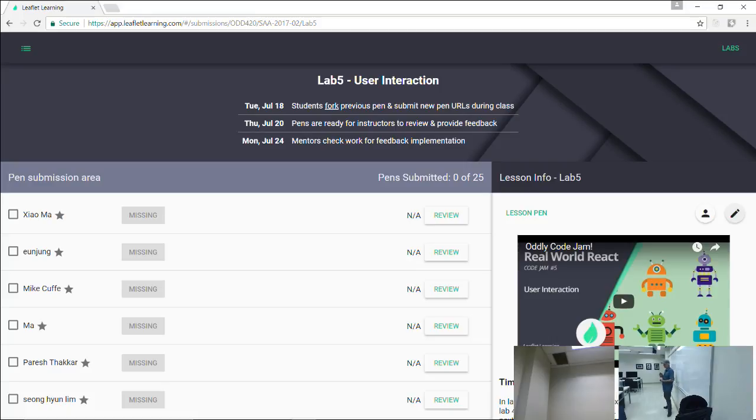So today we're going to work on the other side of things, which is how do you get the information into Firebase? We've seen how to get it out. We haven't seen how to put it in yet. So this is going to take us into user interaction. How do we create things that people can actually work with? So here's what I'm thinking.